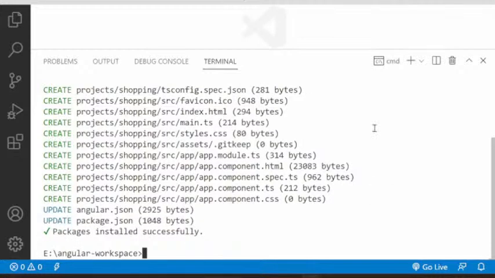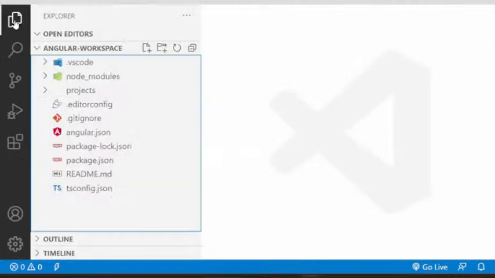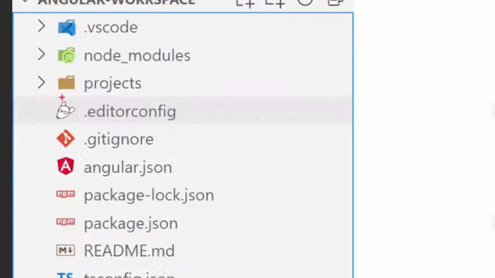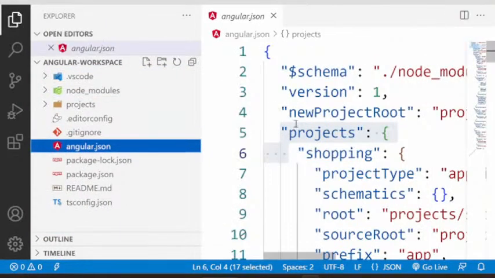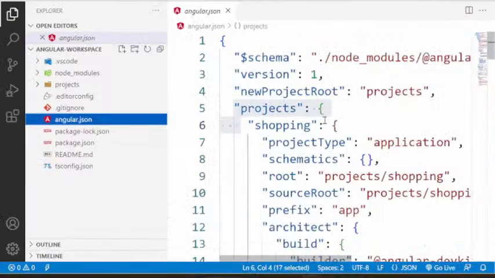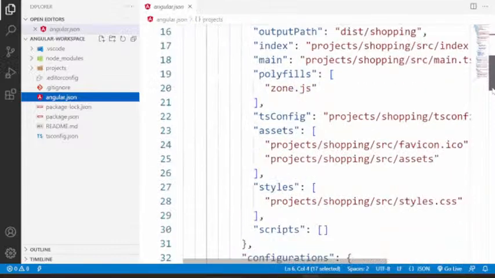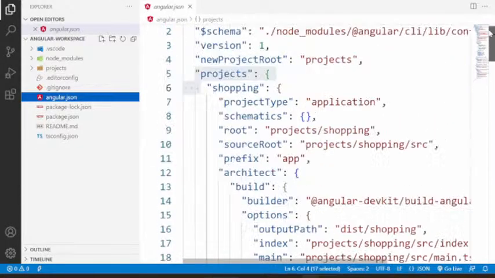Okay, now it is successfully created. Once successfully created, you see in here, a new folder is added. What is it? Projects. And observe carefully, angular.json, so many changes happened now. Previously, angular.json had only 2-3 lines. Now you can see a lot of information. That means it contains a lot of details. You are going to understand how to use and work with them, right?